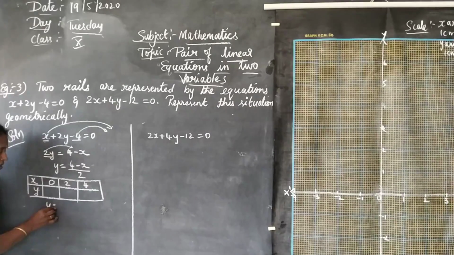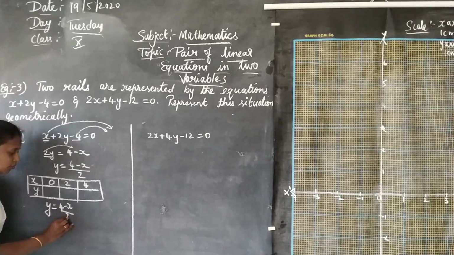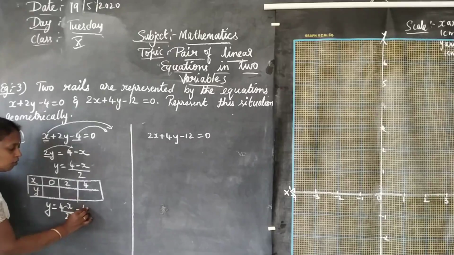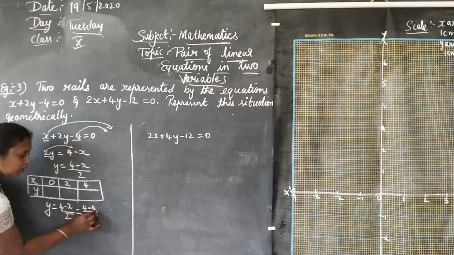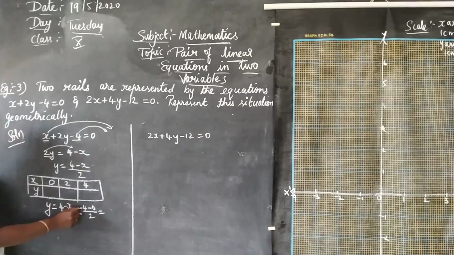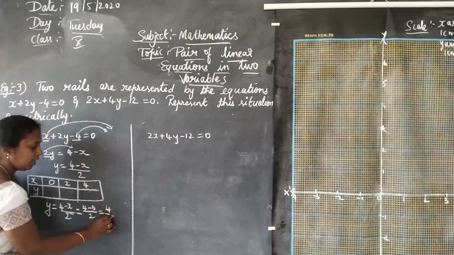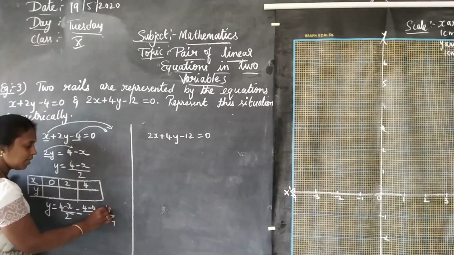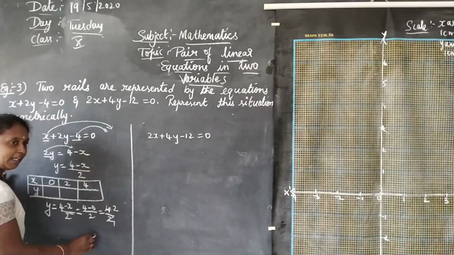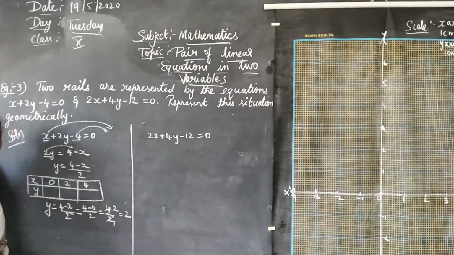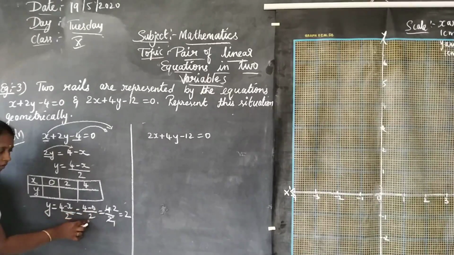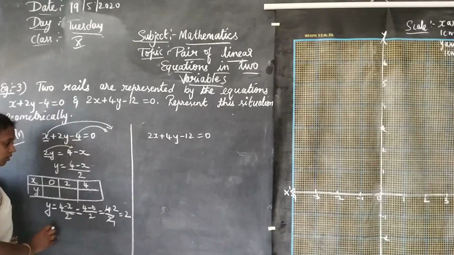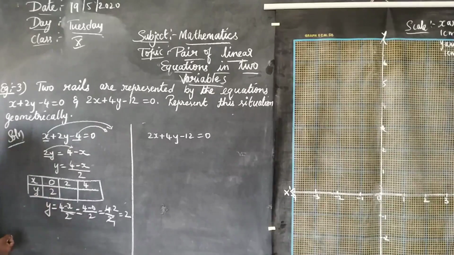Let me substitute in the equation. y is equal to (4 minus x) by 2, which is 4 minus, what is the x value I have taken here? 0. So 4 minus 0 divided by 2. What do you get? 4 minus 0 is 4, divided by 2. 2 ones are 2, 2 twos are 4. So what is the answer I got here? 2. When I take x equal to 0, I get 4 minus 0 divided by 2, 4 by 2 is equal to 2. So I write the y value here as 2.